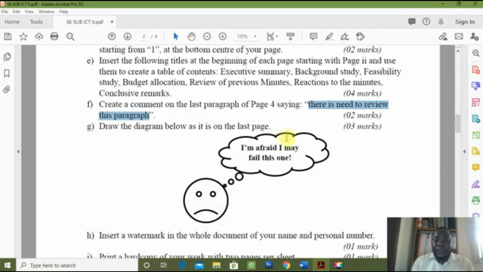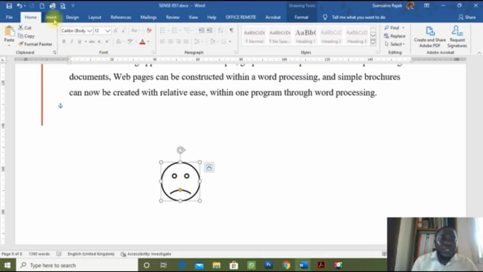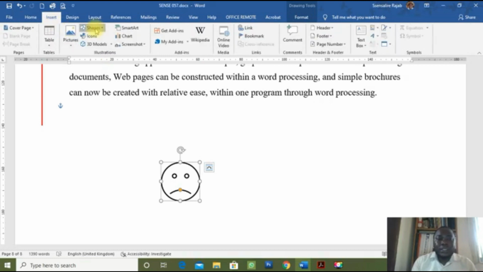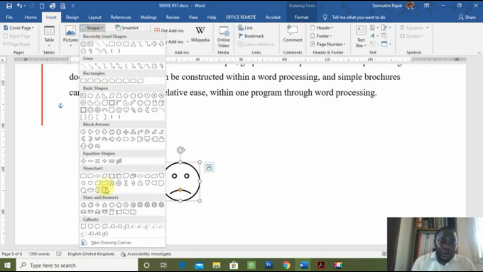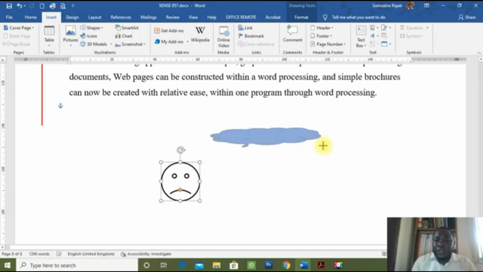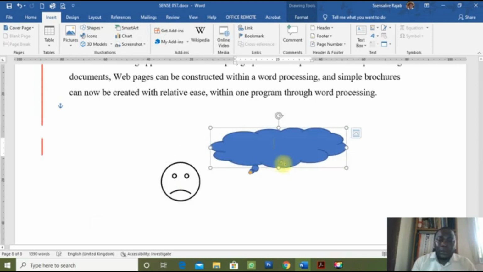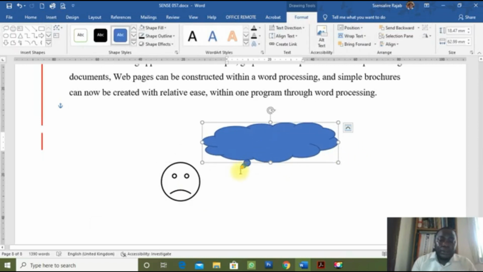Next, they want us to put this callout. The callout, still we go to the shapes on the insert menu and then go to the callout section, which is down here, and then look for the one we have used. Draw it accordingly, and then use the yellow shape still to have it extend to the face. Our callout